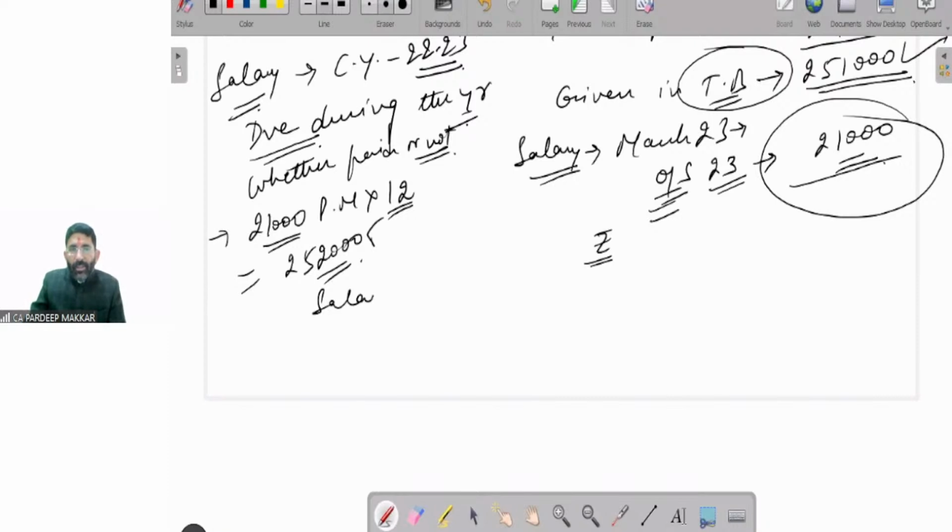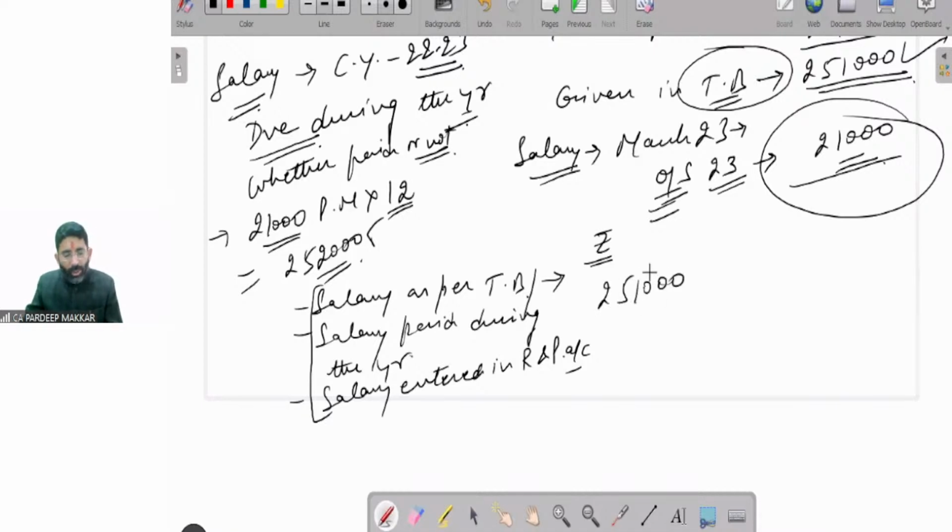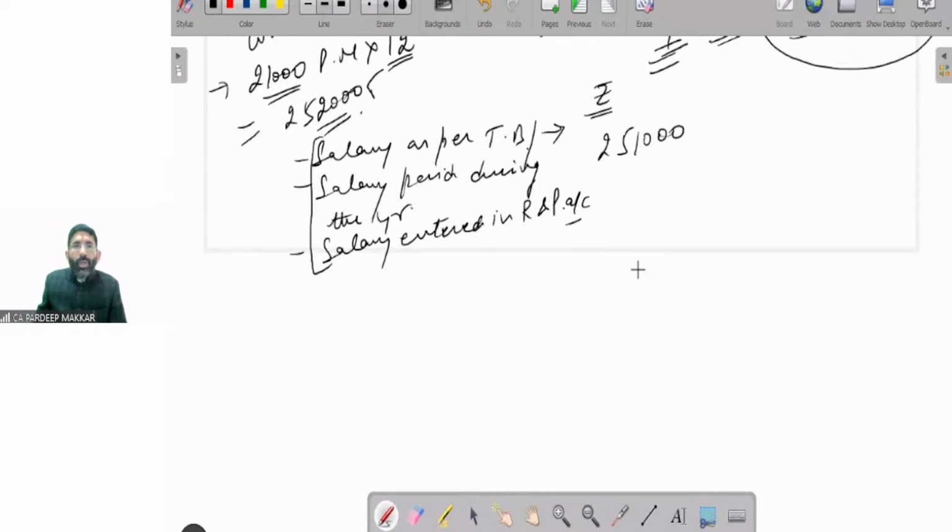फर्स्ट ऑफ ऑल वी विल टेक सैलरी एज पर ट्रायल बैलेंस, और सैलरी पेड ड्यूरिंग द ईयर। इसको ये भी कह सकते हैं, या फिर इसको और क्या कह सकते हैं? सैलरी एंटर्ड इन रिसीट एंड पेमेंट अकाउंट। एक ही बात है, तीनों का सेम मीनिंग निकल रहा है। अब ये अमाउंट कितनी है? 2,51,000। इसमें किसी को डाउट है तो पूछ लेना मेरे से। 2,51,000 वो अमाउंट है, जो अमाउंट हमारी सैलरी की है, जो हमने पे की ड्यूरिंग द ईयर।